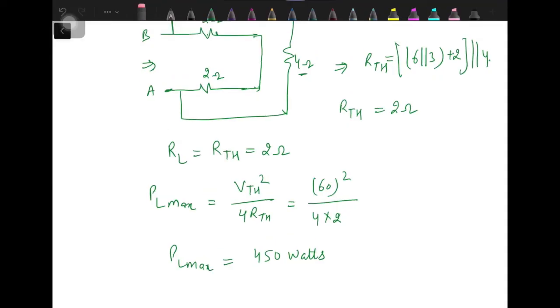In all these problems, what we had seen is that for obtaining the maximum power or the value of RL, we need to obtain the Thevenin equivalent first. So it's important to know how to obtain the Thevenin equivalent for solving the problems of the maximum power transfer theorem. I hope these problems are helpful to you to understand the maximum power transfer theorem as well as the